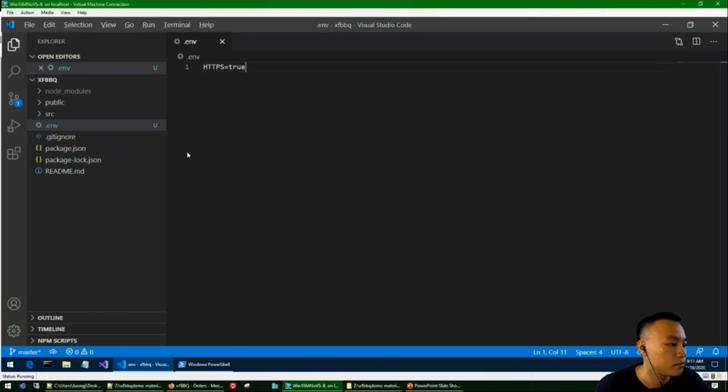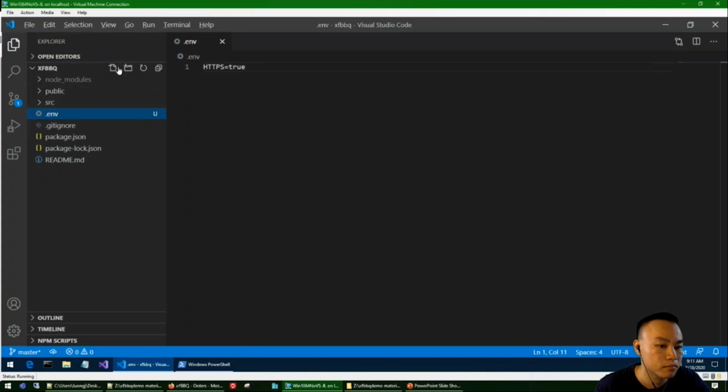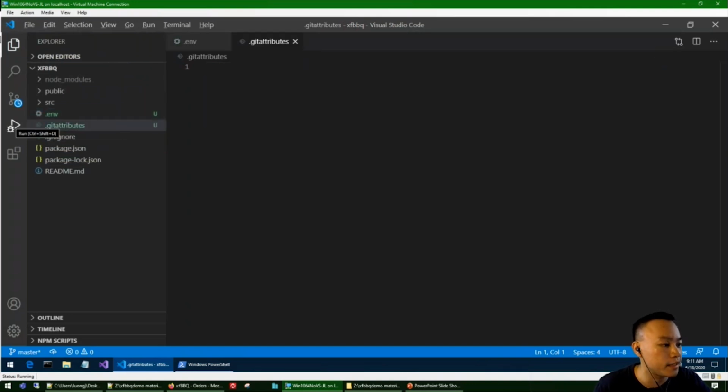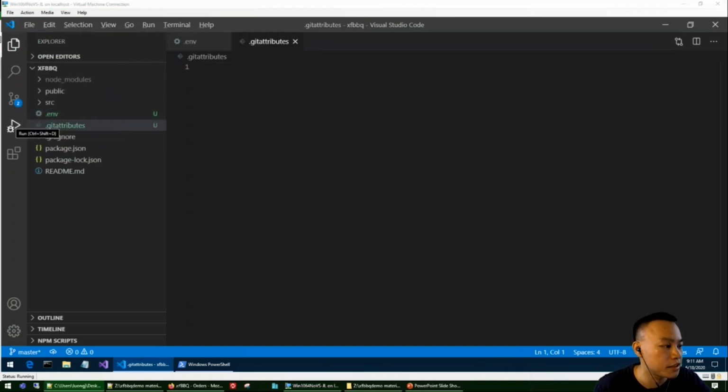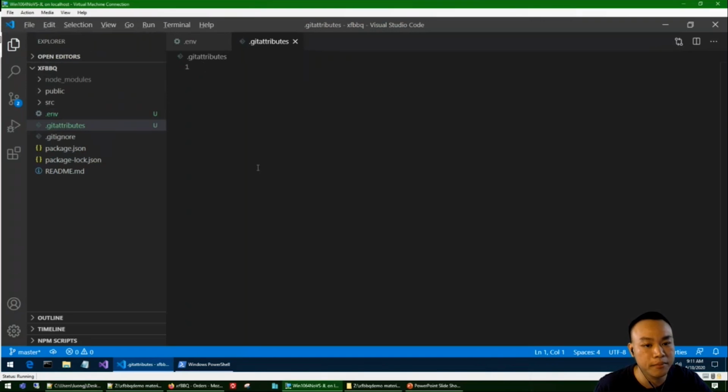And then I'm going to add another file, the .gitattributes file. It essentially makes it so that when this is uploaded to GitHub, it won't see any of these template files in here.